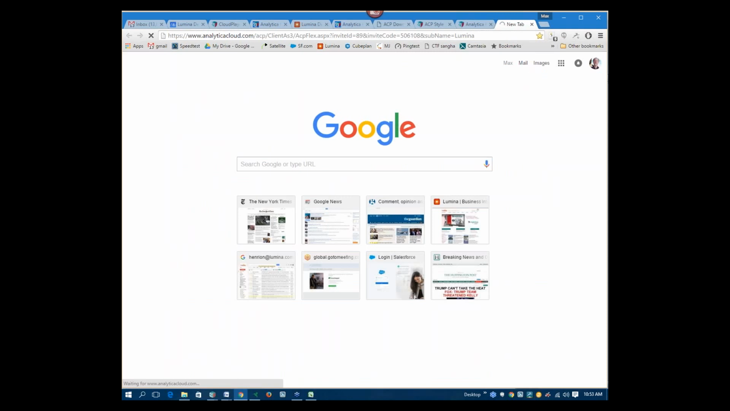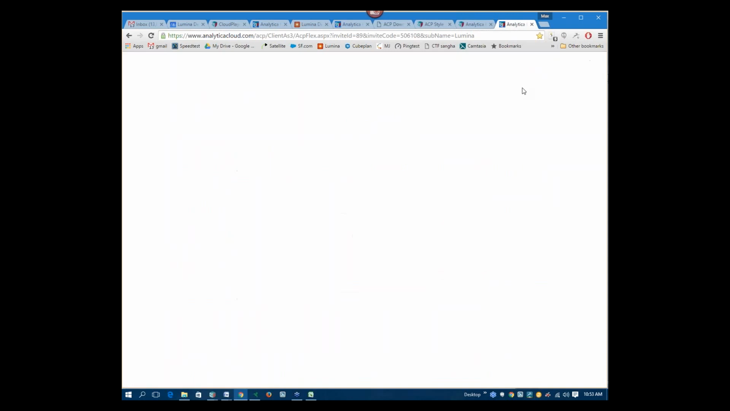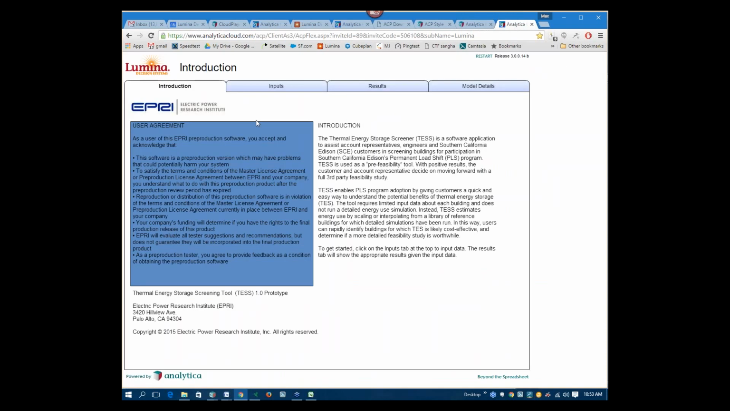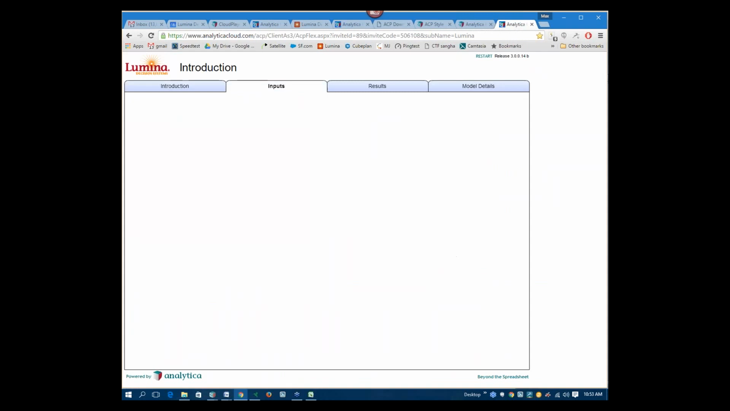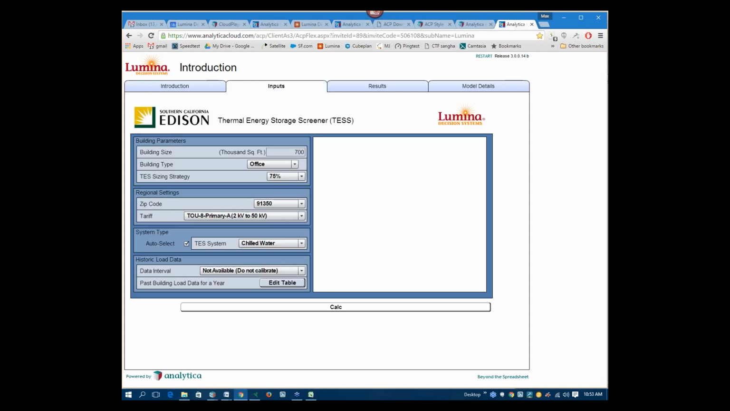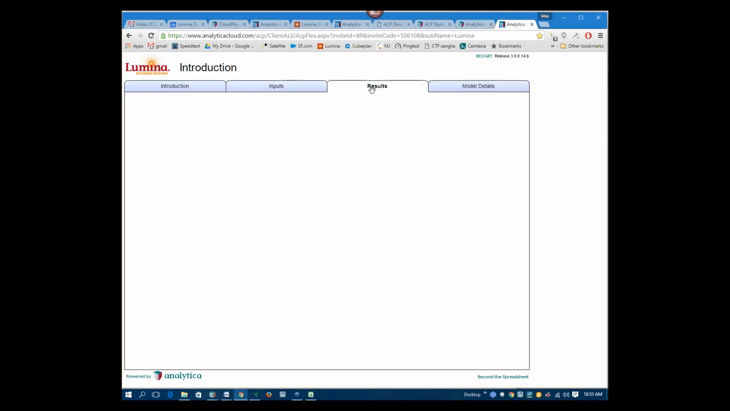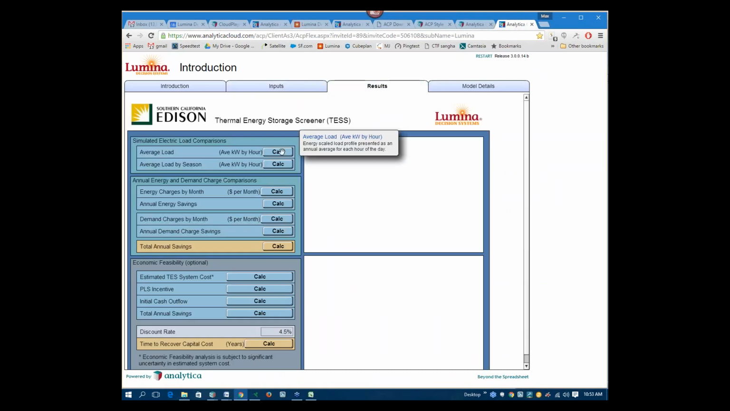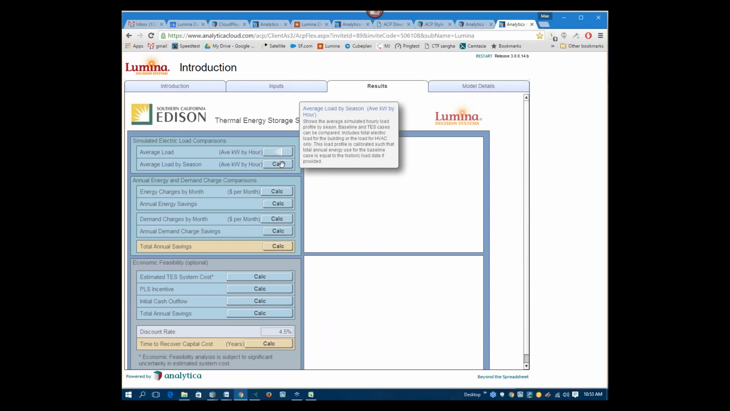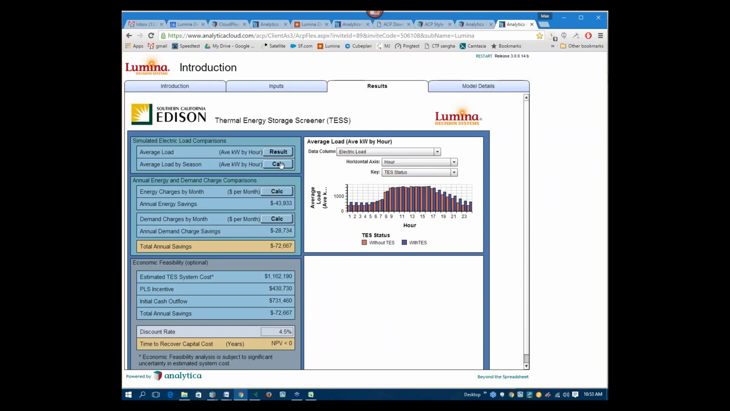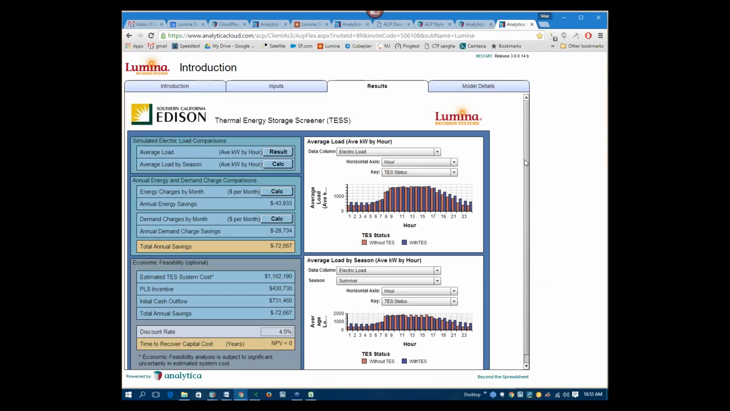So this is a model that we at Lumina helped build for the Electric Power Research Institute for some utilities for evaluating whether or not thermal energy storage would be an economic option for a building. So this is kind of an energy efficiency thing. So it's a set of inputs here. And this shows you one interesting feature that,